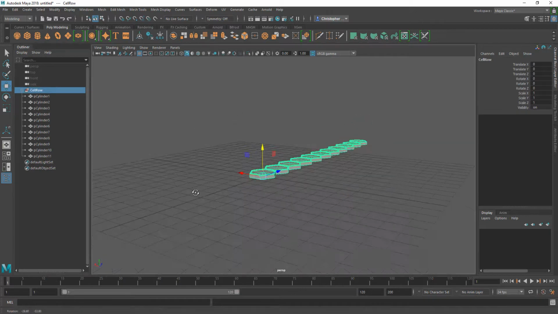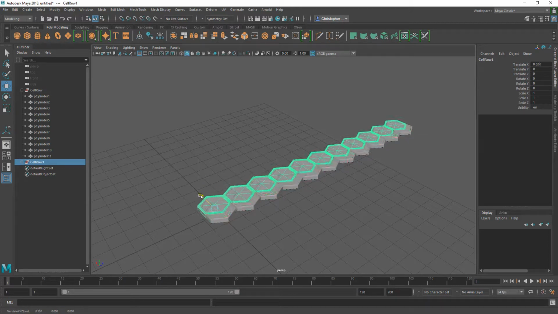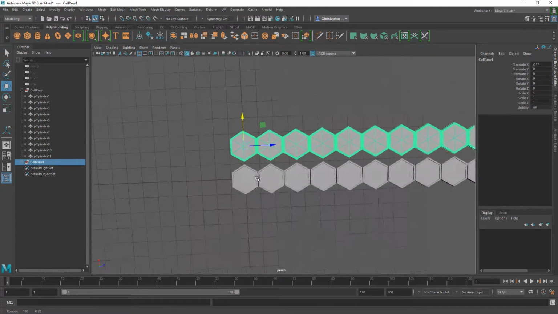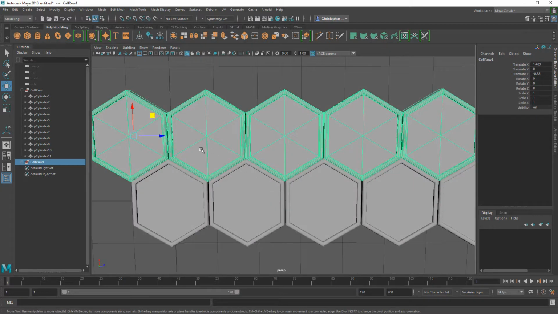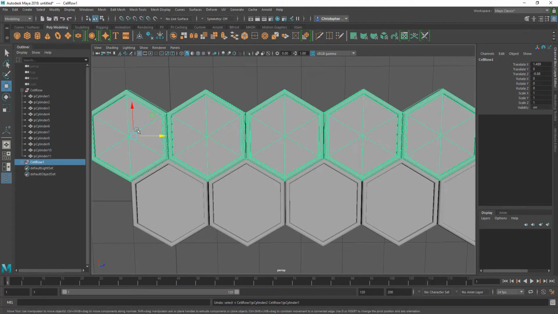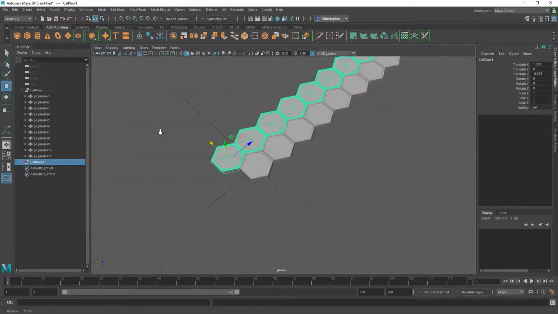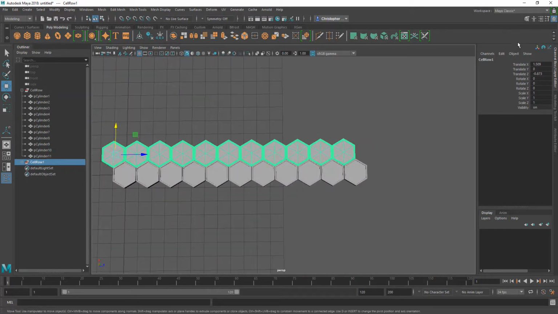Okay, so with the cell row selected, I'm just going to do a simple duplicate here so I can see how far I need to move this and in what direction. Pay attention to your translate X, Y, and Z over here. So I'm just going to move this like so, and I'm not going to take the time to really make it exact. If you want to make yours exact, you should. But again, I don't want to be sitting here and you're watching me move this stuff around and then take 5 minutes to do it. So we'll just move it like that,